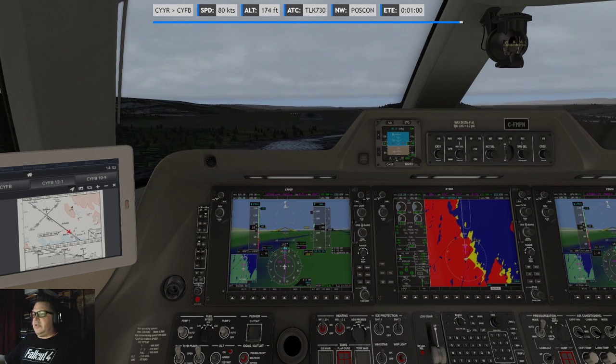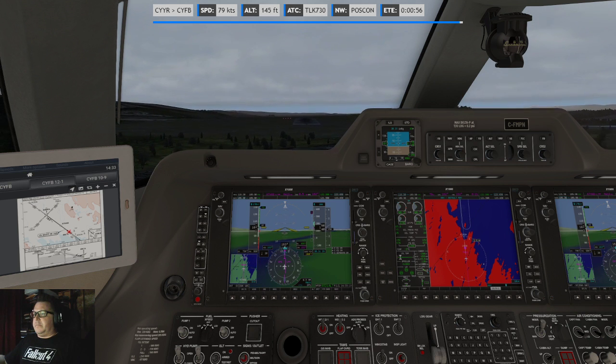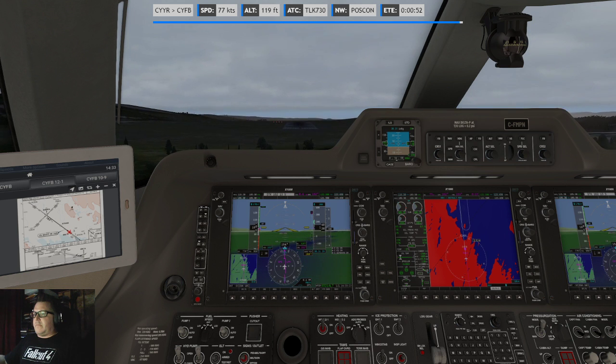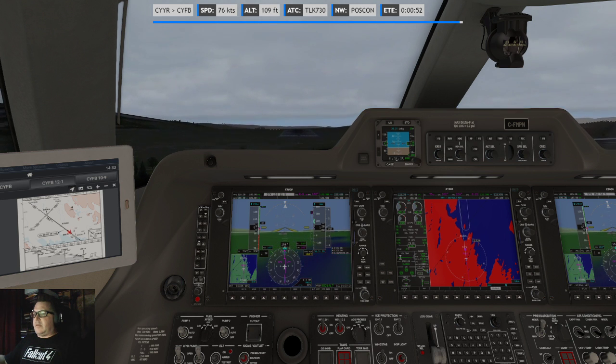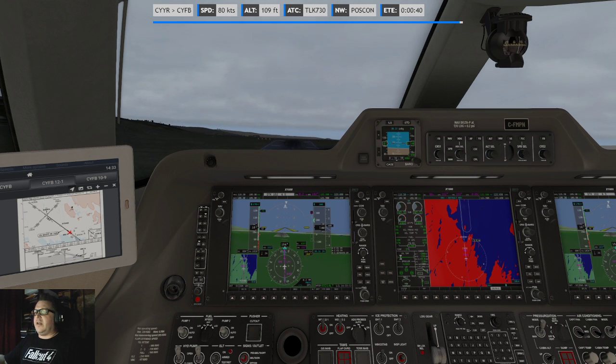Minimums. Continue. Don't mind. 200. Yeah. Come on, a bit faster, man. Faster, man. You want to land it on the runway. You don't want to land it before.